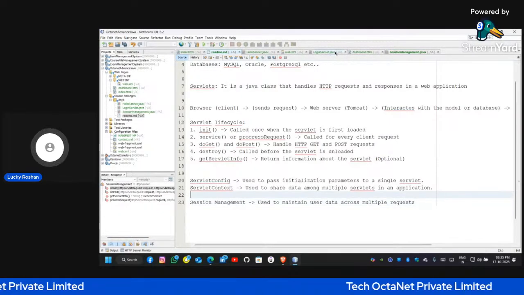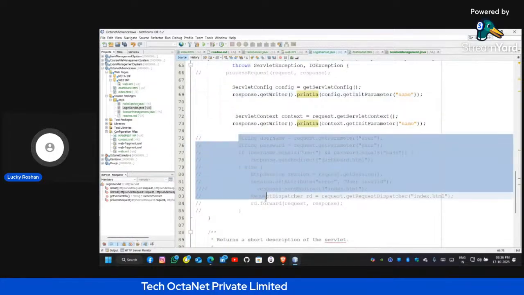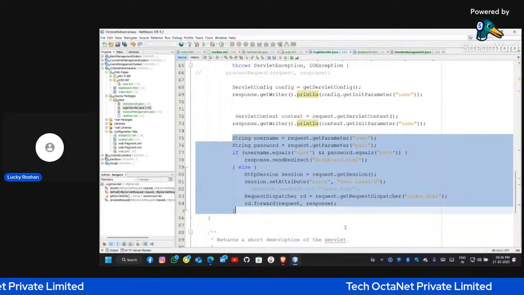Just like I have written here, instead, when Neeraj asked me to send the error message, instead of sending the error message, I have written